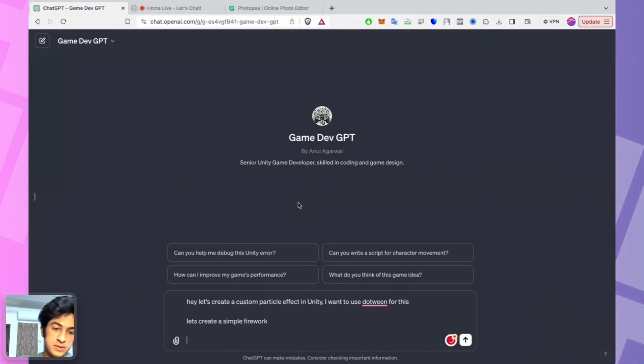Now, the thing with every particle effect is you need to understand how it would work, how it begins, and how it ends. So we need to define the steps of our firework. Let's define it step by step. There is a game object. It rises in the air. After reaching a point, it explodes.